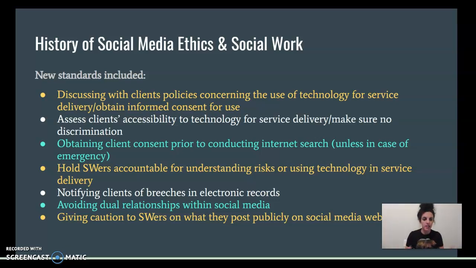But it kind of gave this unequal playing field, because you'd have students who could just log onto computers, and then those who had to go find a hotspot somewhere or have school provide a hotspot that didn't consistently work. So we want to make sure that clients do have the ability to access the technology available in ways that don't exploit or show the disparities. And if there is a disparity, if the client doesn't have access to it, how are we advocating for them?